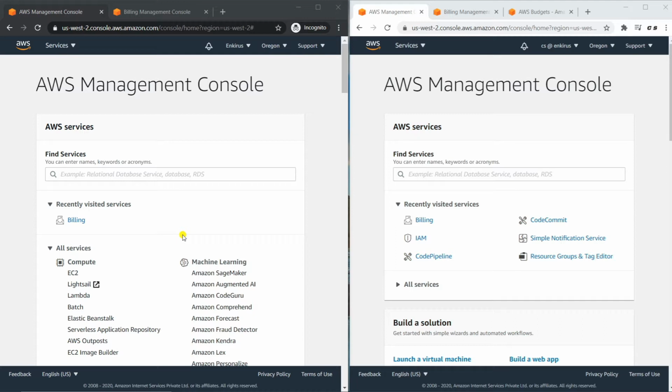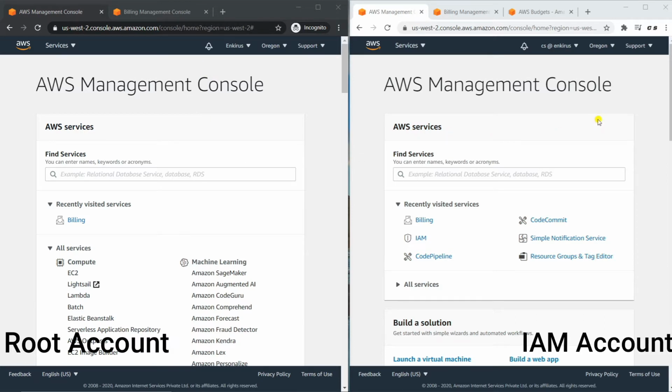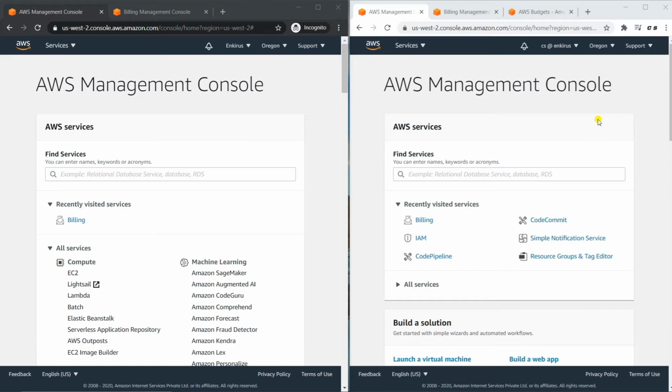So first of all, on your left hand side, you see I have opened my root account. On my right hand side, I have my IAM account. I'll be setting my budget in the IAM account. Usually we should always use an IAM account because it is safer, and if any hacker or any unwanted person gets a hold of this account via the root account, you may just delete the IAM account. So you should access the root account only when it's necessary, because for this, the root account is necessary.